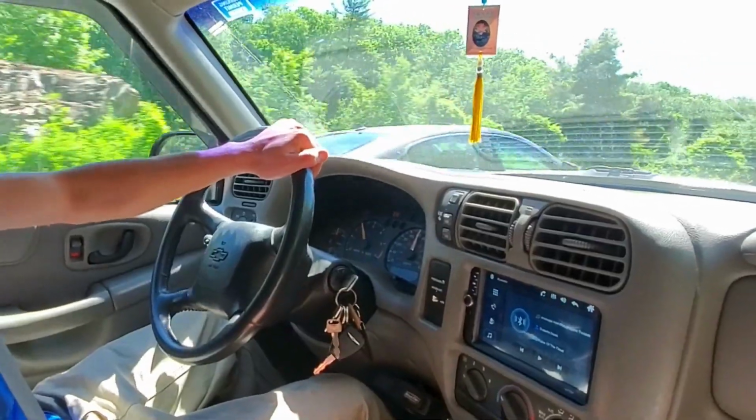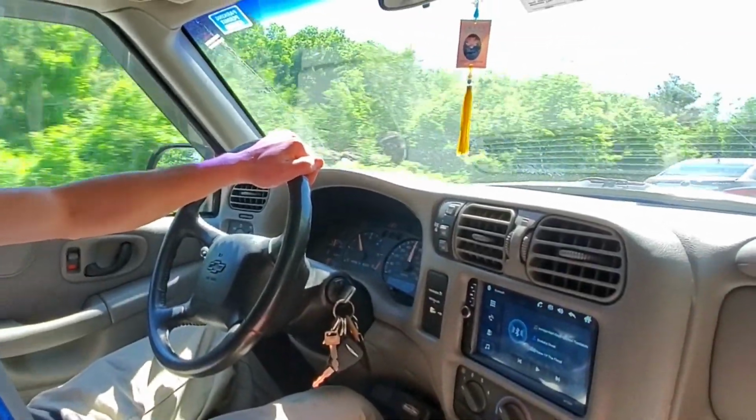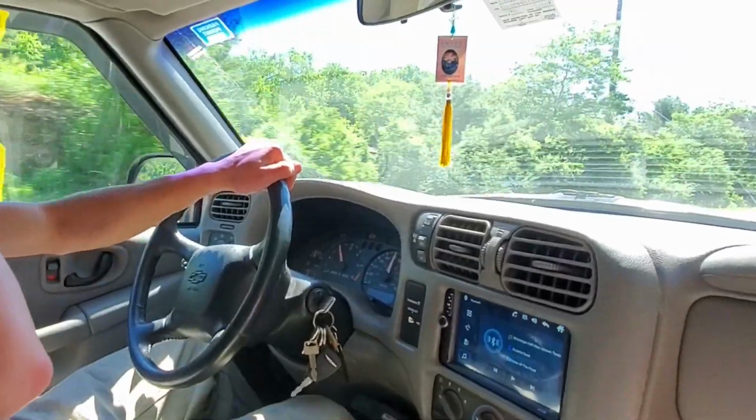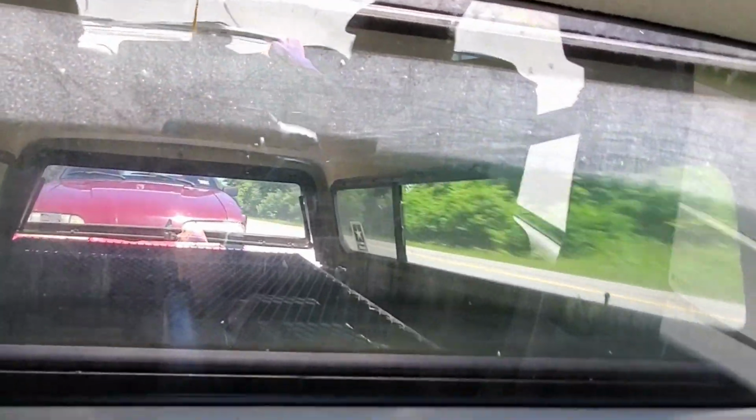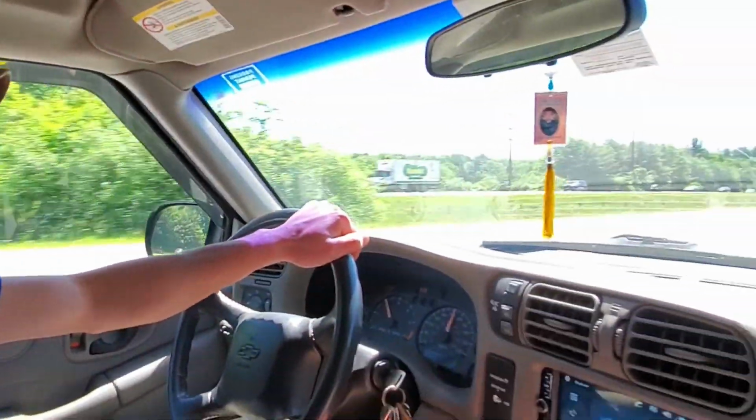Alright, so I'm heading down to Portland, Maine, I think, to trade the Mustang, which we have towing behind the S10 here, as you can see there. I just loaded up this morning and I'm heading down to Portland, Maine to try to trade it for a